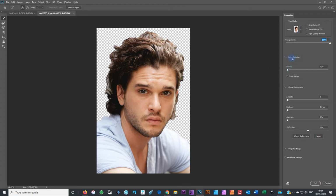So in the edge detection section, we've got a radius that detects how wide the edges are that it chooses. So we just slide that up, and as you can see, as I'm going up and up, it's getting rid of all the little bits that were inside. I've gone up too far there because you can see the dark image of his face, and then the background is too faded. So we just need to come back a little bit. Let the computer catch up with it. I think that's about it, because we are going to convert it for